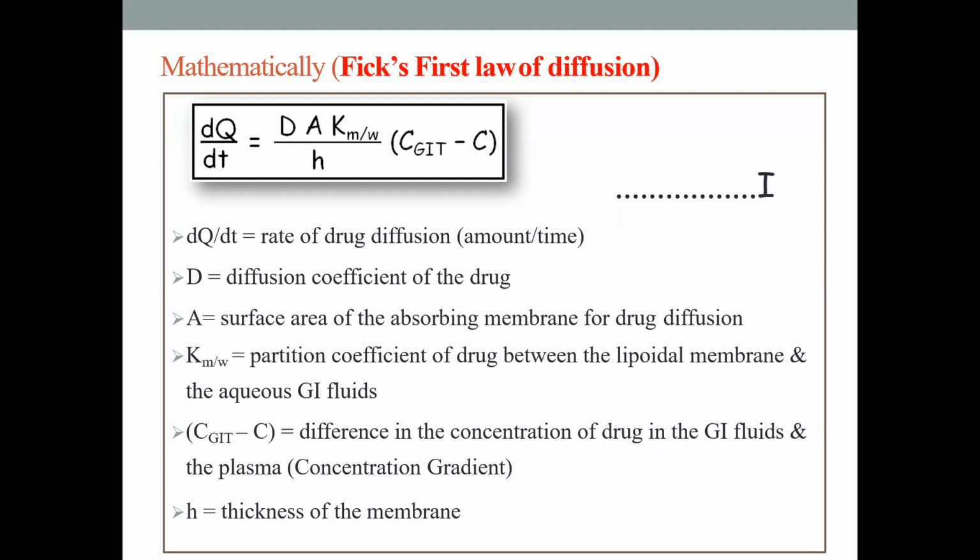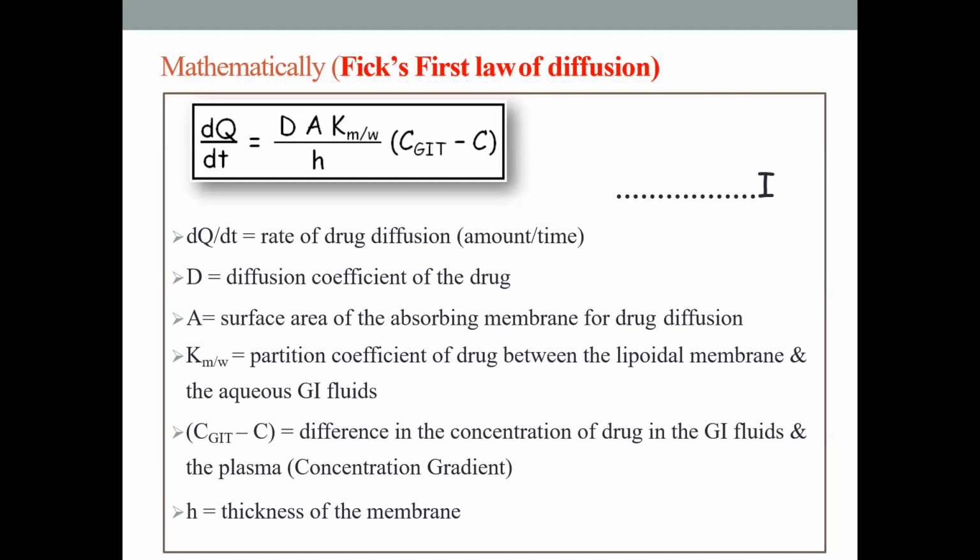It is mathematically expressed by this equation given on the slide, dQ/dt = DAKm/w / h × (CGIT − C),